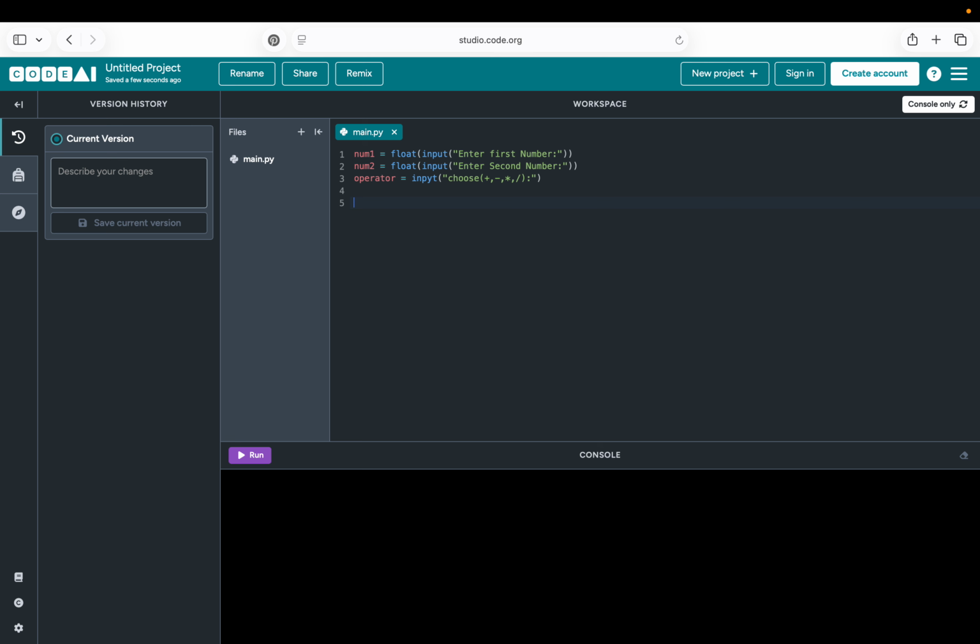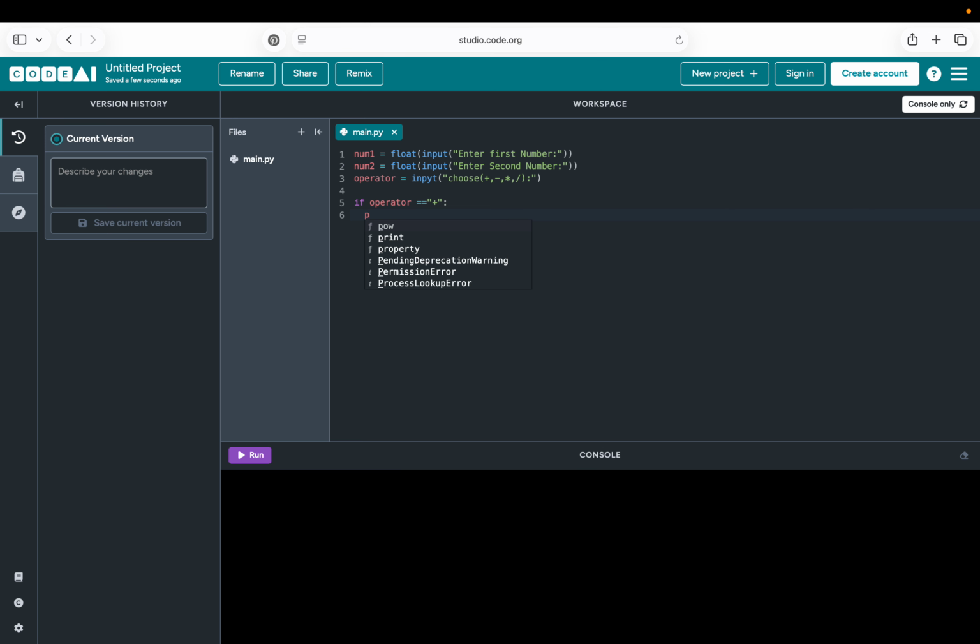If yes, then Python adds the two numbers and displays the result. So use if operator is equal to, if the operator wants to use the addition,